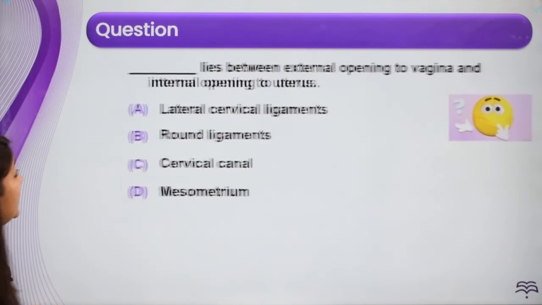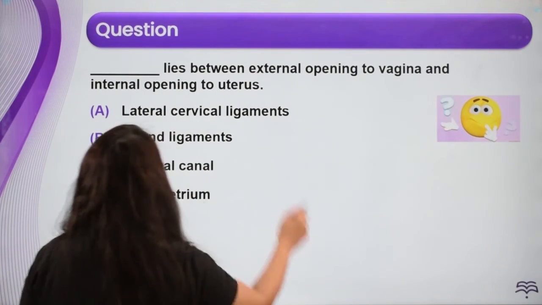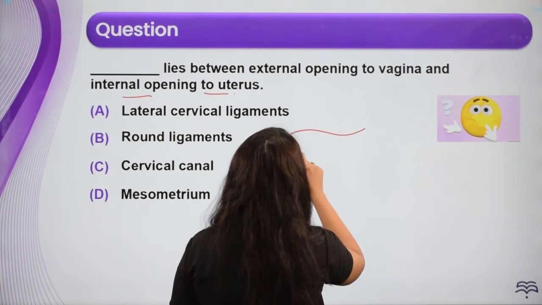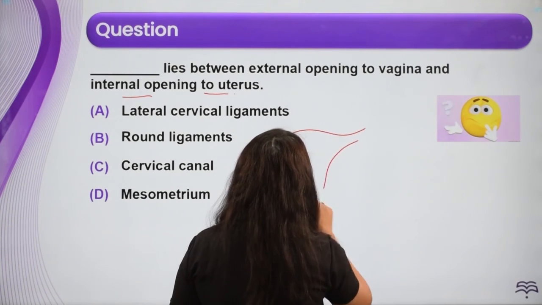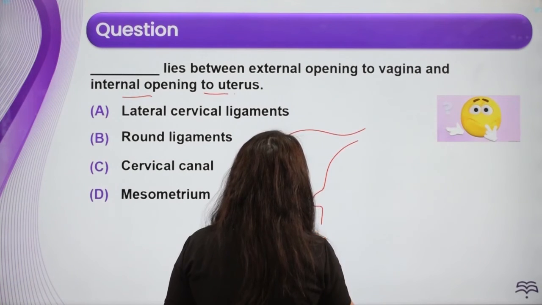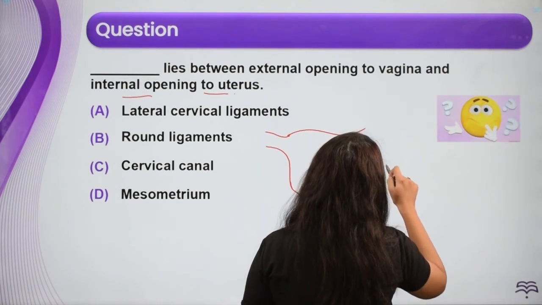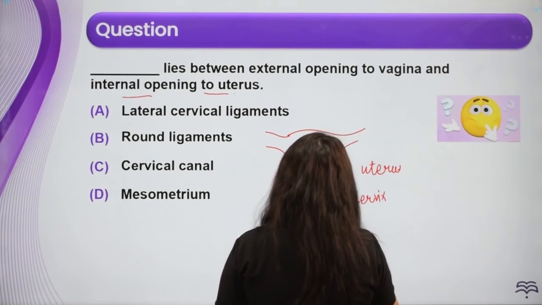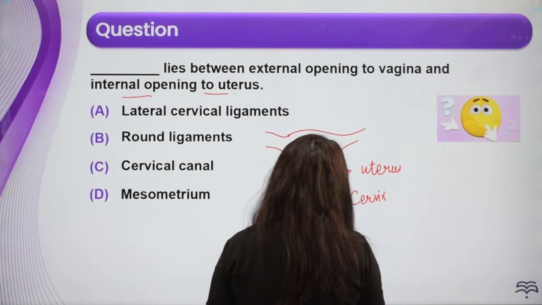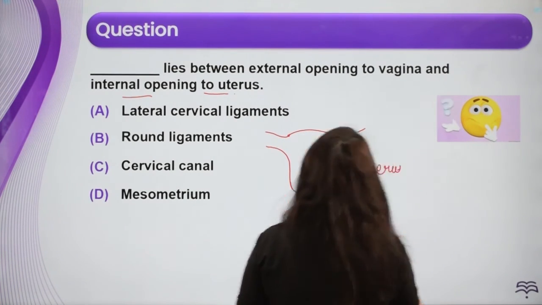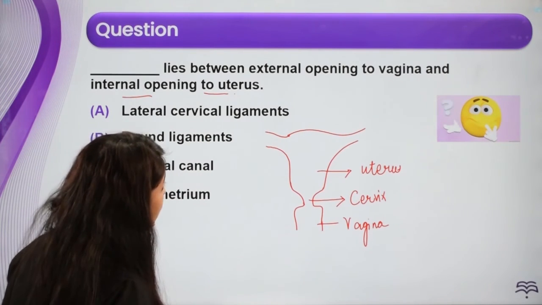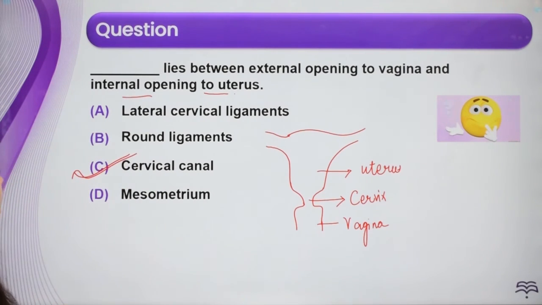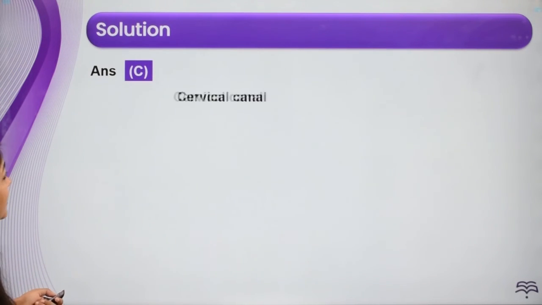The next question is dash lies between external opening to vagina and internal opening to the uterus, right? हम लोगों ने ऐसा डायग्राम देखा था, this is the uterus, right? ये uterus है, this is your cervix, cervical canal, right? ये open हो रहा है vagina में। अब देखो क्वेश्चन क्या पूछ रहा है। क्या आंसर हो जाएगा, cervical canal आंसर हो जाएगा, राइट? डायग्राम से हम लोग को समझ आ रहा है। ओके, सो द आंसर इज गोइंग टू बी cervical canal।